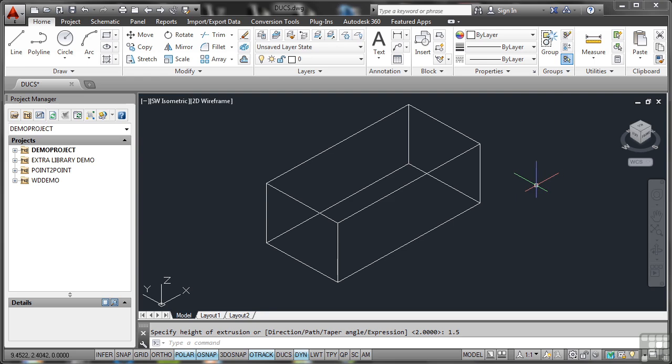Now, when I'm drawing in 3D, I might want to place something on a face of a 3D object, rather than on a corner or a midpoint or a vertex. So what I do is I switch DUCS, Dynamic UCS, on. Now what I can do, if I want to draw a circle, let's say, on the center of this face